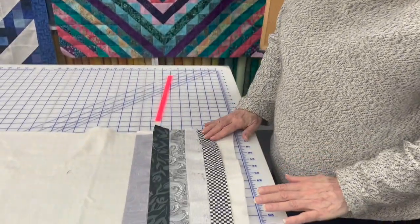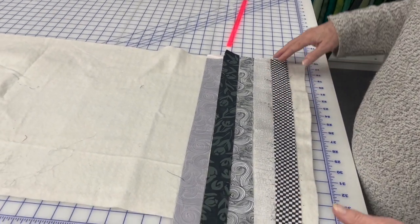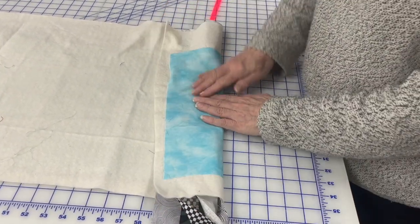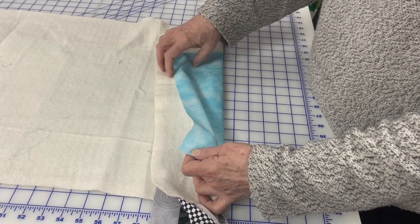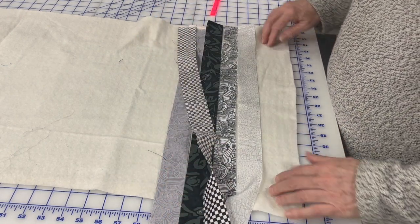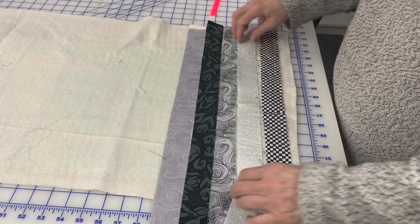It can be called flip and sew. It can be called quilt as you go. I've got an example set up here on the table of what you could do for perhaps a table runner. If you have a bunch of strips that are from the same collection or just a color scheme that you want for your dining room, you take a piece of fabric, lay it face down, put your piece of batting on top of that, and you take your first strip face up, and just as we did on